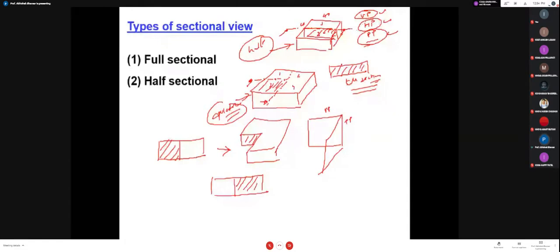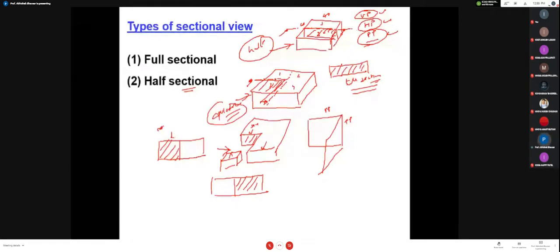But if we have a half section view, we use such a cutting plane. Some of the portion is parallel to the vertical plane, and some of the portion may be parallel to the top plane. Here this portion is parallel to the vertical plane, this portion is parallel to the profile plane, and I am going to cut it. I remove the quarter portion of the job, and after removing it I see how it looks. Half of the portion looks like a section view and half looks as it is.